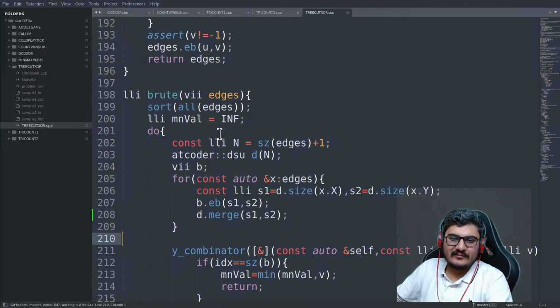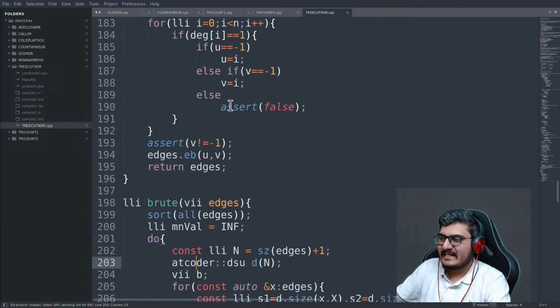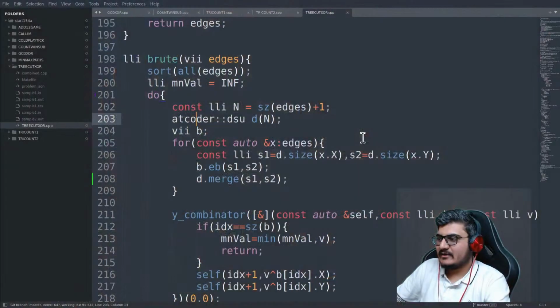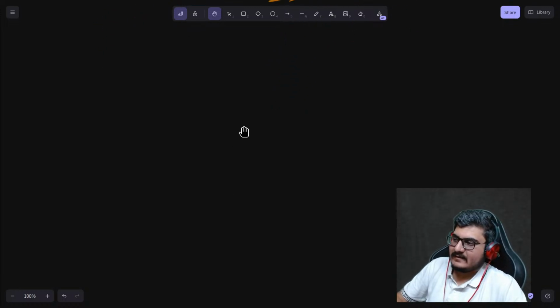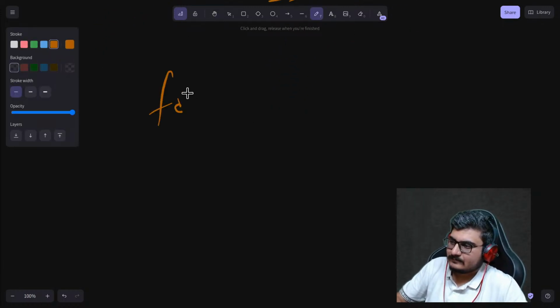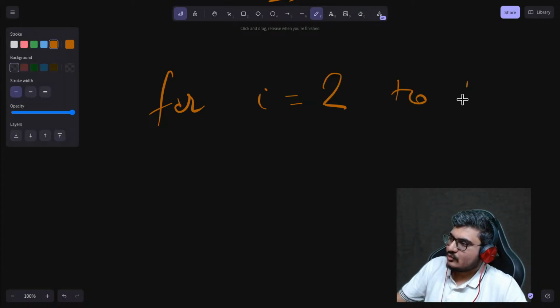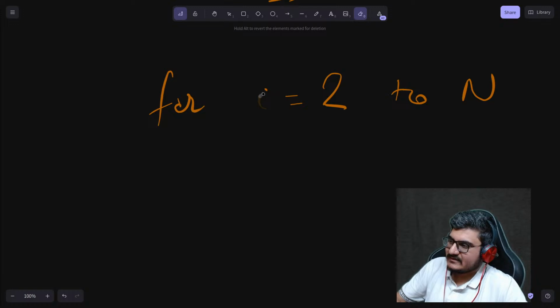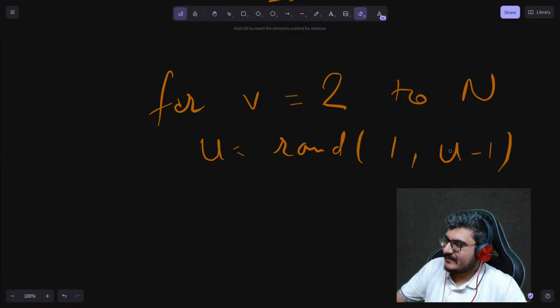So now once you have a tree, you have a brute force solution to find what can be the optimal answer. You also have your own solution here. And generally when you want to generate a random tree, this algorithm is sufficient most of the time. For v equal to 2 to n, generate u as a random number between 1 and v minus 1,